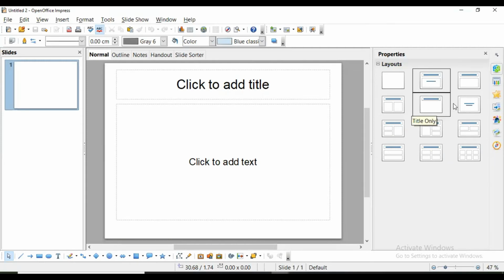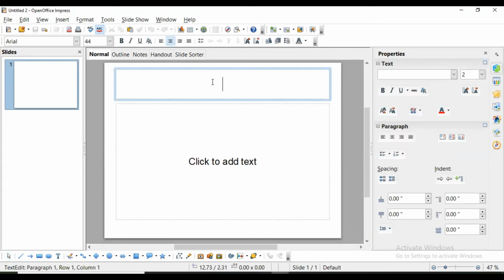This is title only slide, this is centered text, this is title, two content and content, two content like this and one more content like this. This is content and two content. This is two content over and one content down. This is two content. Okay. Content over content. So these are different layouts of slide that you can select from here.